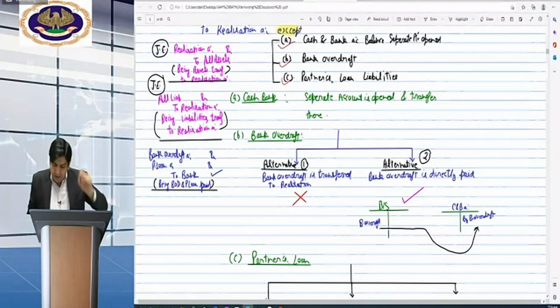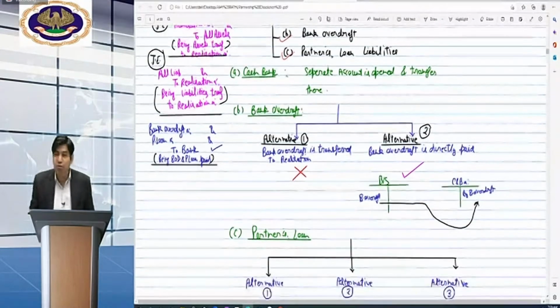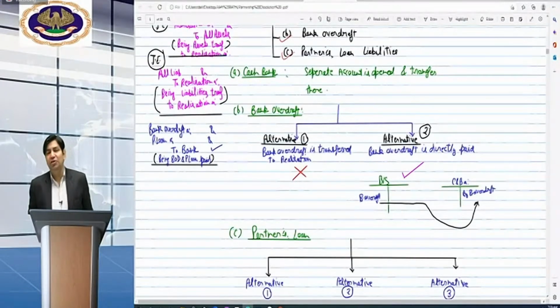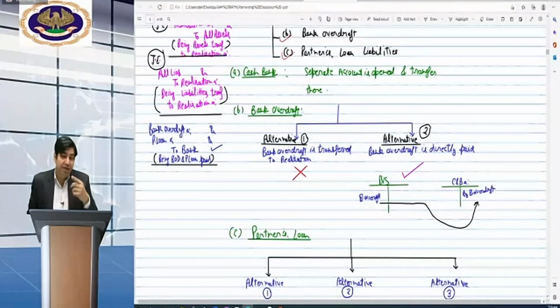And another part is there, bank overdraft. Beta, 2 types of practices are there in the question solution. Definitely you have seen the solution in the books. But what ICAI is adopting, we have to solve in the exam in that way as per our respective ICAI study material. Okay, beta. Only then we will get the marks. And definitely, first of all, we have to get the marks, certificates. Now, this is the thing, beta.